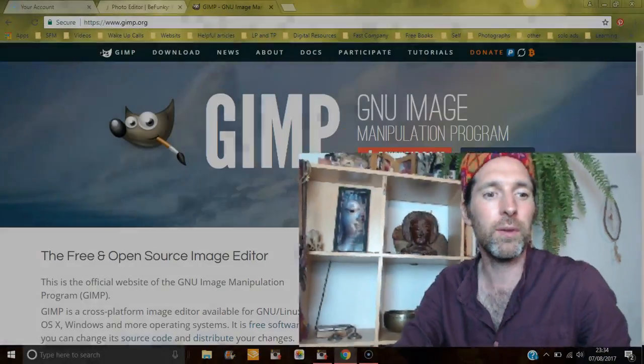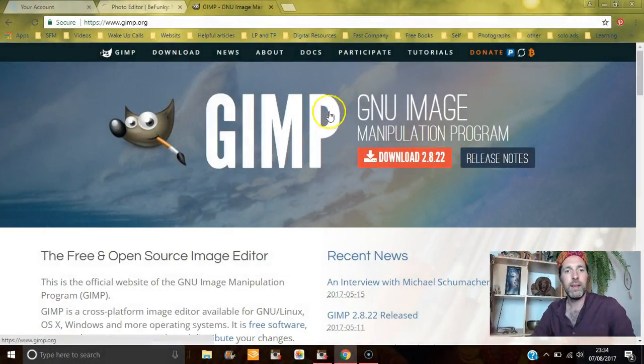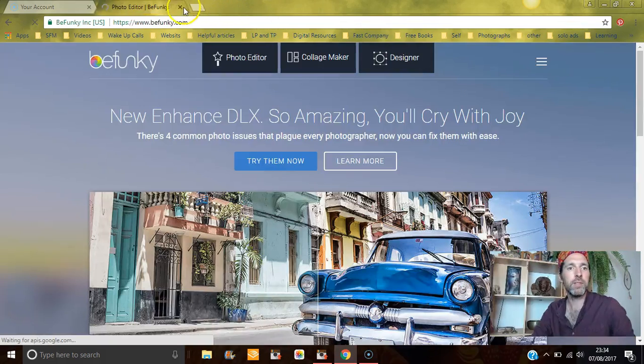I found there's a few reasons why I love it. So gimp.org is where you're going to find that free download of the Photoshop-like program. I'm going to close that up because what we're going to be looking at today is